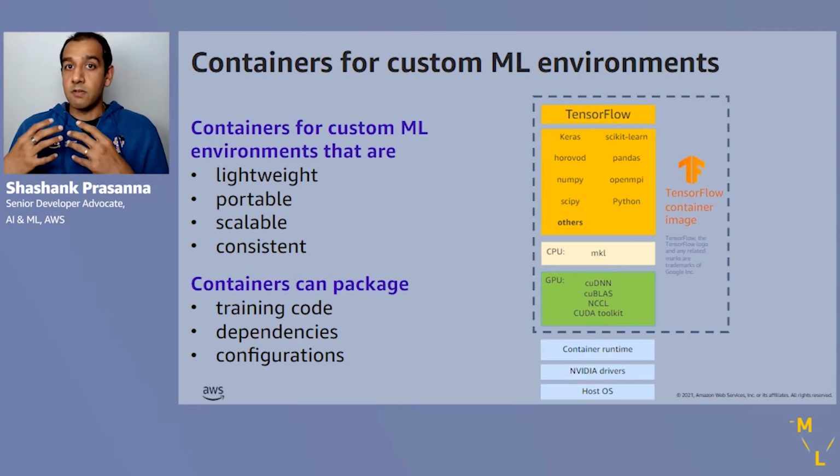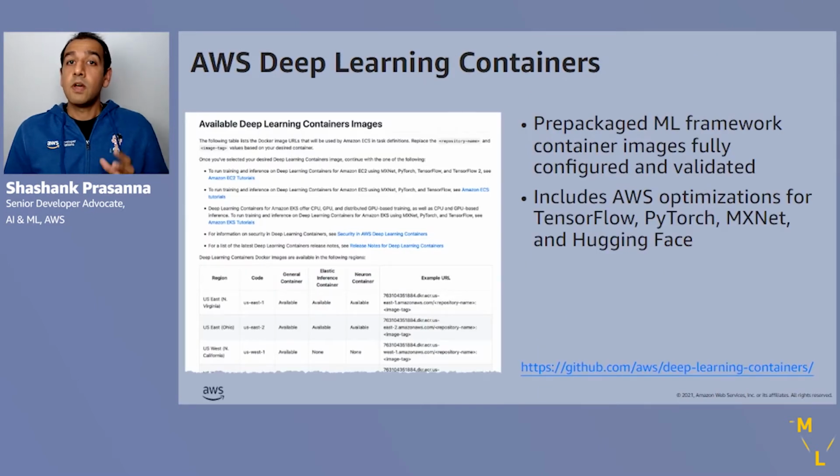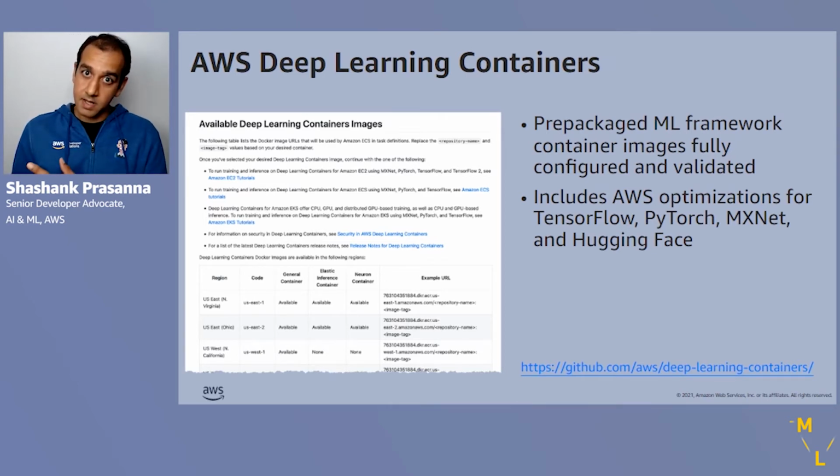Which way you can have a very guaranteed reproducible environment, especially when you have custom environments that you can share with others or scale on a cluster. Now, AWS also makes available deep learning containers, which include optimized deep learning frameworks that are readily available for you to use. These are the same optimized frameworks that you find in the deep learning AMI, but they are now in dedicated container images that you can pull, build, test, prototype, extend with your custom machine learning libraries and scale, as we'll talk about through the later parts of this presentation.